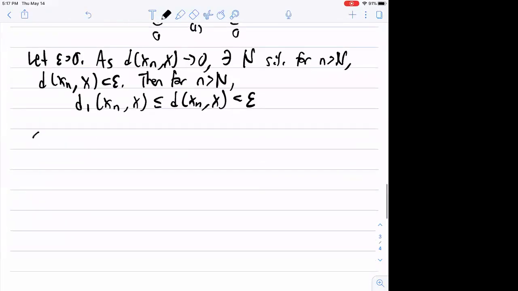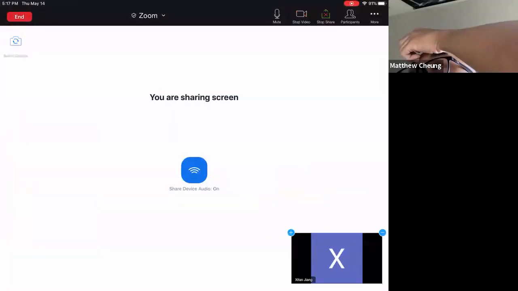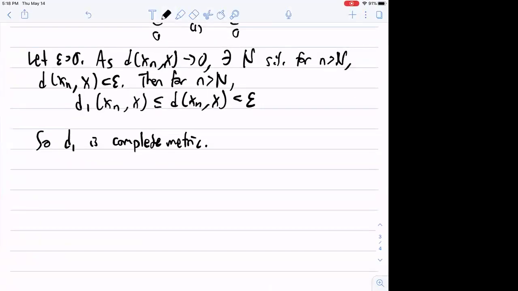So D1 is a complete metric. Let me just write that. Is everyone clear? Hopefully. Wow, that took a long time. Is it okay if I just do the bounds? It's the same exact argument. Now that you know D1 is complete, lemma 13.3 holds for D1. And you do the same thing for D2.